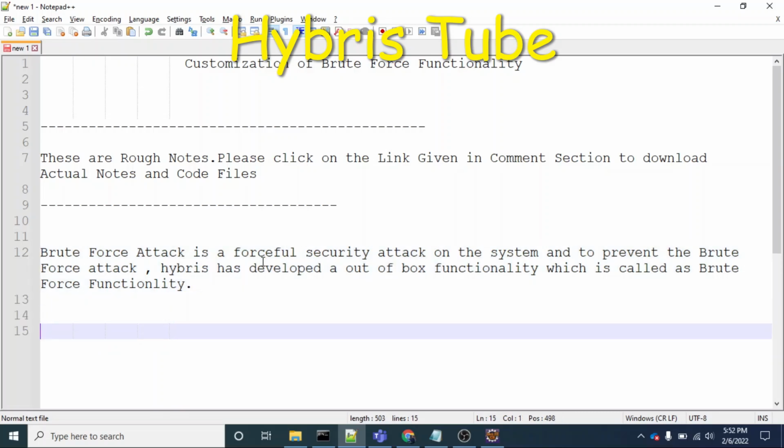So what actually is the brute force functionality? In brute force functionality,